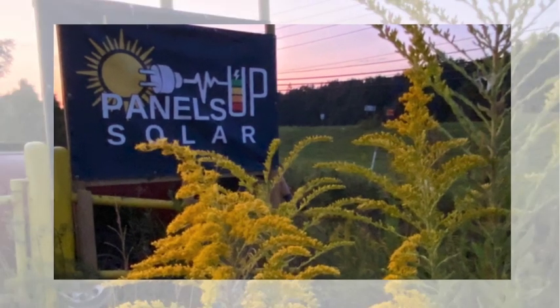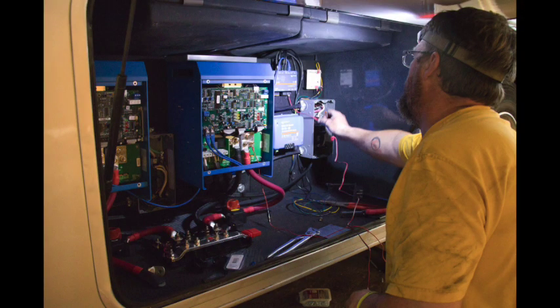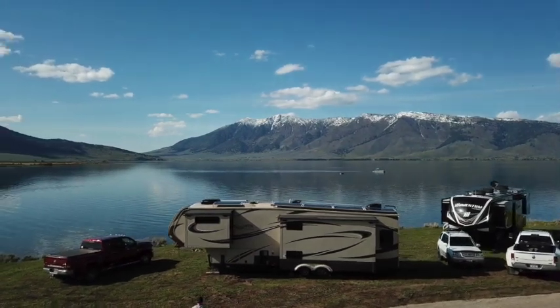Choosing Panels Up Solar means choosing a partner dedicated to enhancing your RV experience. We're passionate about what we do, and we're excited to help you travel farther, stay out longer, and make more memories without worrying about your RV power